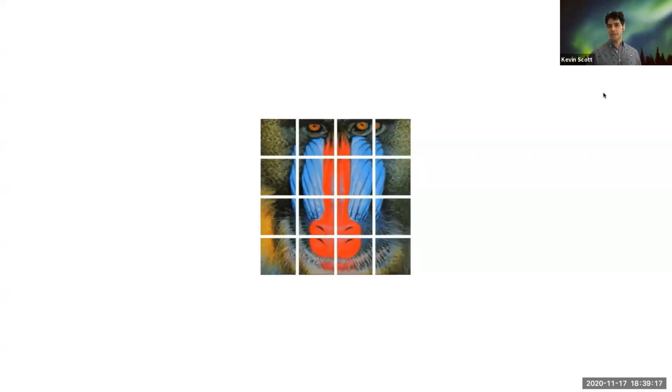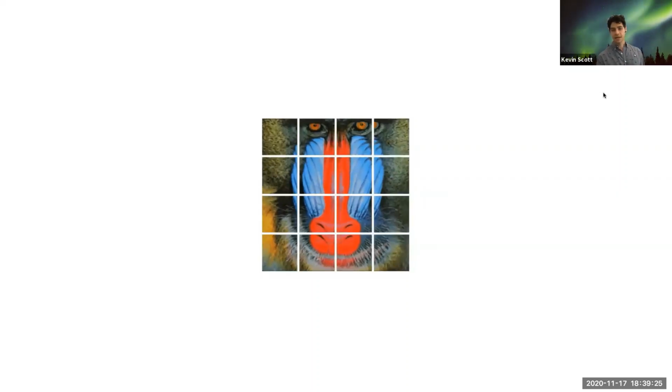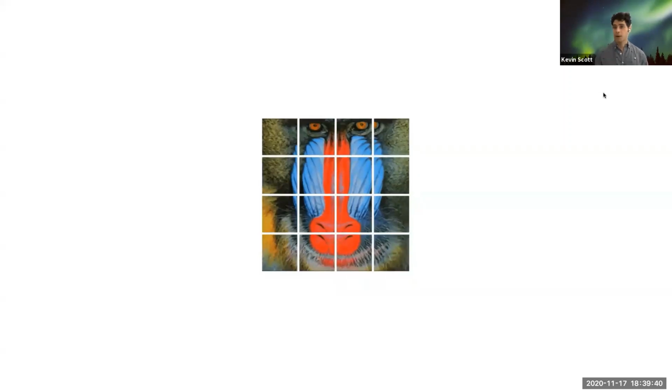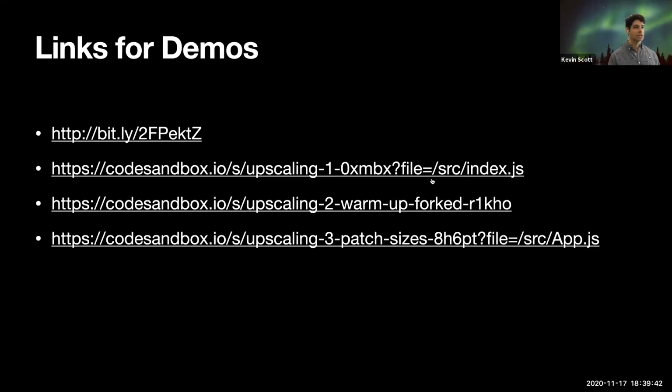So long as you set the patch size smaller than your smallest expected image, we'll always have a consistent square image that we can send through our model. So we hit two birds with one stone. We both allow for a snappier UI, and we also tackle that warm-up issue that we were seeing in the last one. And so this last link that I wanted to show,